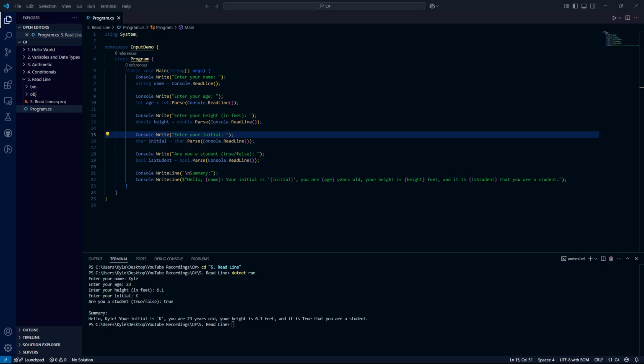So, as some key takeaways, we use Console.ReadLine, which is the opposite of WriteLine, obviously, to take input from the user. We then convert the input to the desired data type using methods like int.Parse, double.Parse, and so on. We use char.Parse to extract a single character from a string. We use bool.Parse to interpret user input as a Boolean value, and we use string interpolation with the dollar sign and then the double quotes following that for efficient formatting and printing of variables. So it takes up a lot fewer characters than